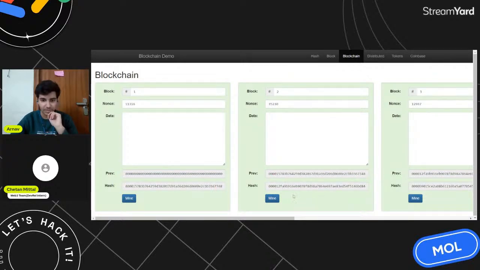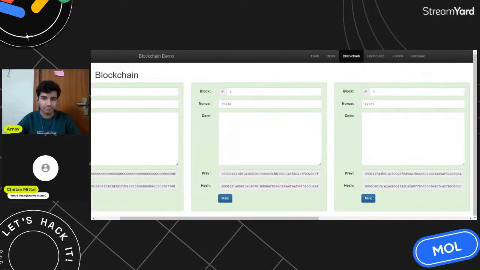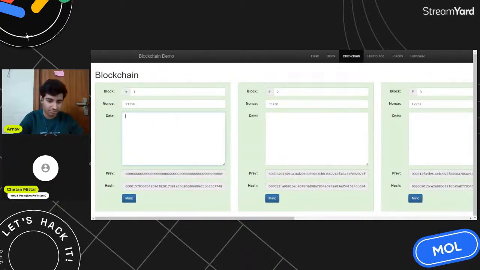And if we look into this, तो जो इसका hash है वो next block की previous के अंदर है, and इसका hash next वाले के previous के अंदर है, ठीक है। So this is the way the blocks are linked. We basically figure out कि कौन सा hash है and then we go to the block of that hash. Like अगर previous के अंदर ये वाला hash है तो we'll find this thing, okay. And let's say we have some data in here, let's just type in 1, ठीक है।